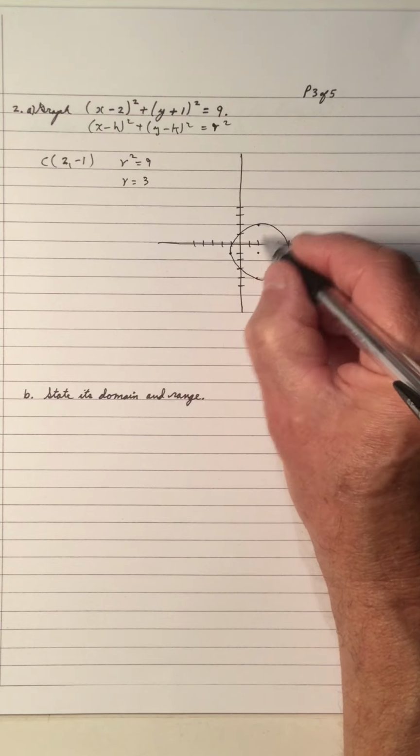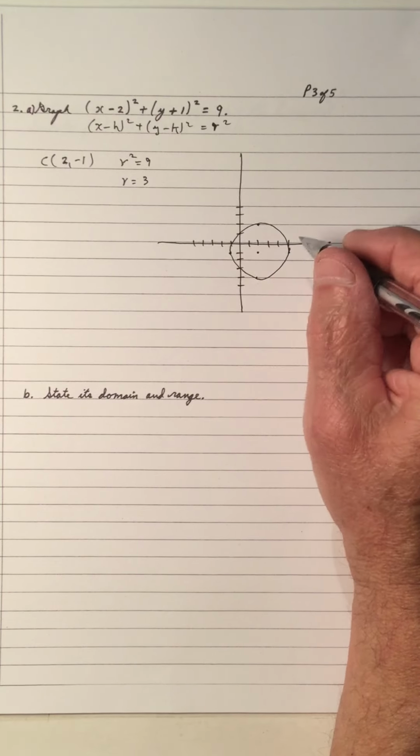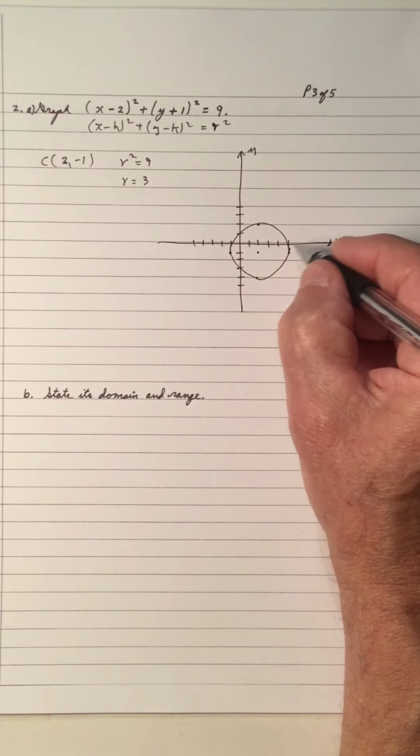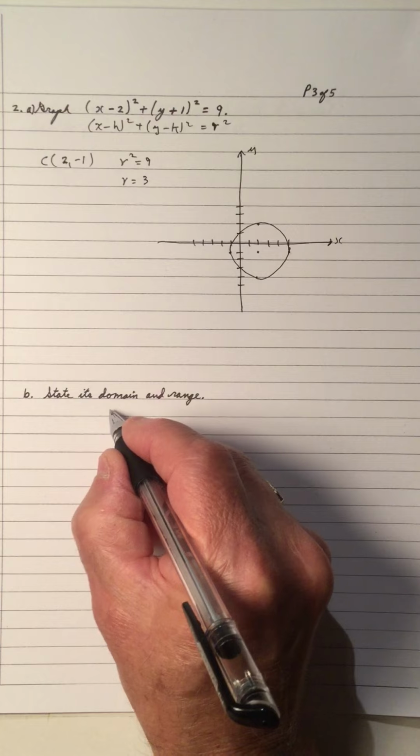Again, this is only an approximation. That's the graph of it. Again, that's the x, and that's the y. Now it says state the domain. The domain